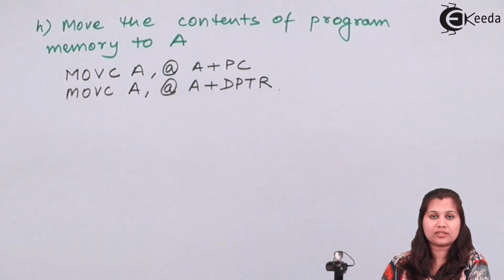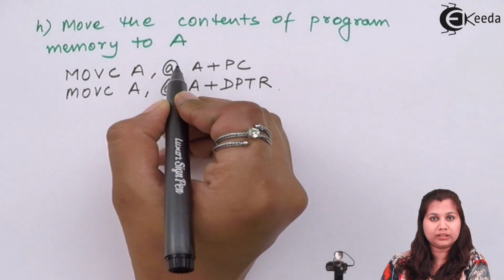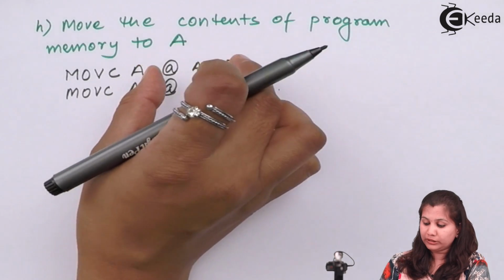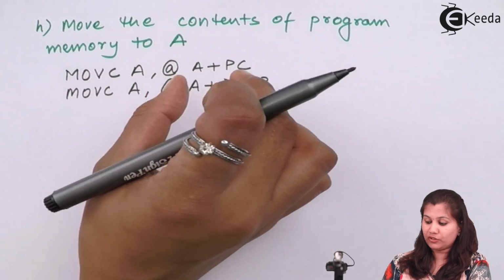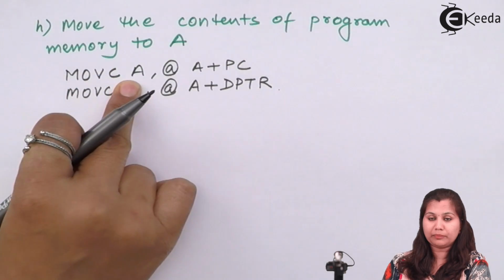In this base register, an absolute value or the offset address will be stored. So the address which is stored in the accumulator plus the contents of the program counter, that memory location in the program memory, the contents of that memory location will be moved into